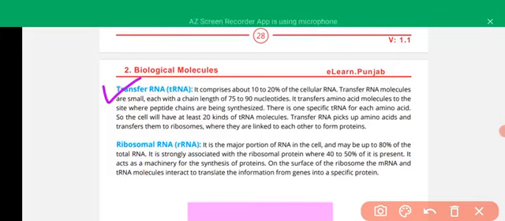In this way the protein chain is elongated, and the amino acids are transferred from the transfer RNA into the chain